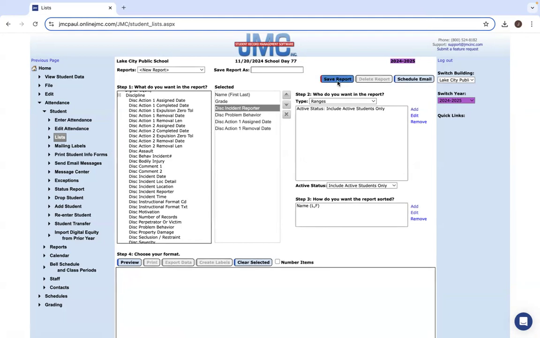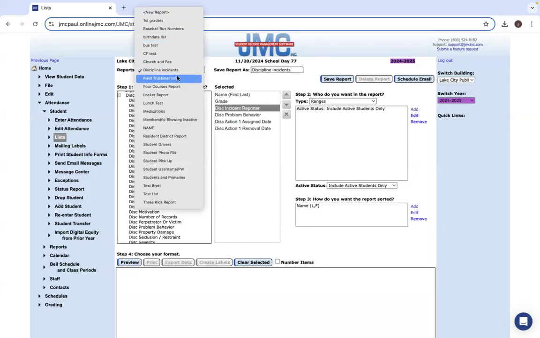Great tool. You can save these reports. So if I wanted to save my discipline incidents, I could save that report, and then I can come back and run this at a later date, which allows you, if you've got the report that you want to see, as data is added to JMC or as data gets changed in JMC, to constantly come back here and rerun this report without having to